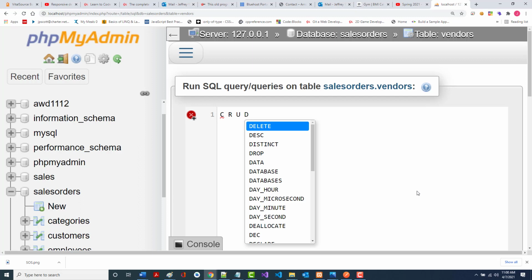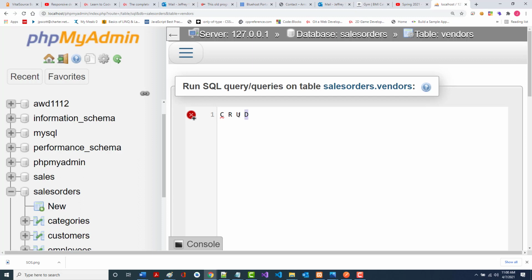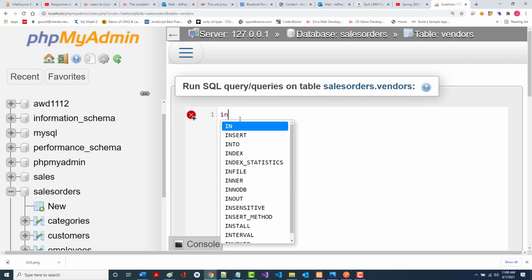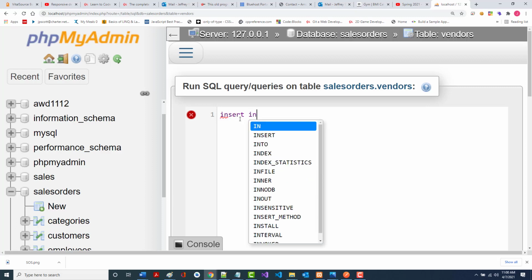All right? We've only done the read. That's all select does. It is not possible for you to change data in a database using a select. Did you hear what I said? You can view the data, but you can't change it. So, what if we wanted to do something like that? Well, let's do this. Let's insert into